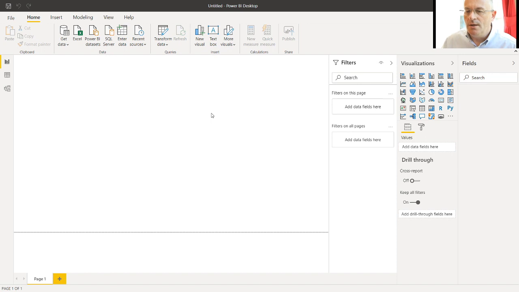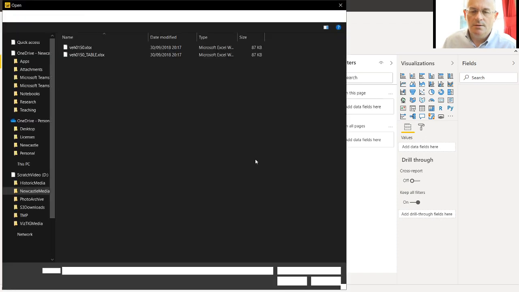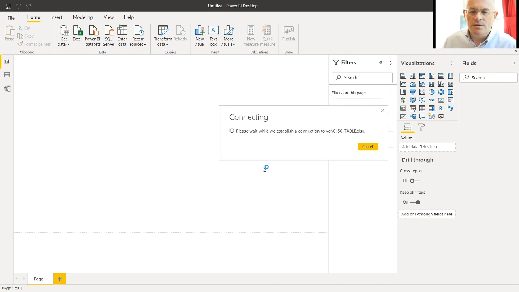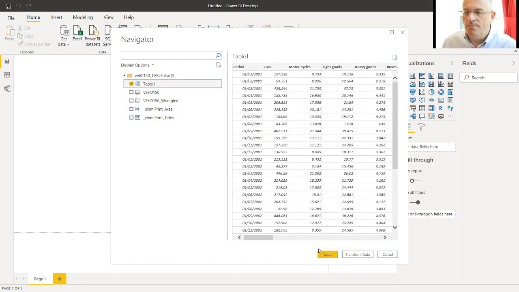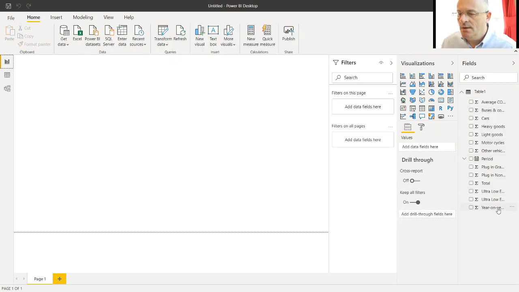So here's Power BI, no data in it at the moment. We'll get the data. We'll look for the Excel file, and we'll go for the table version. The one advantage of this is it will bring in any types that we've set in Excel, whereas the straightforward Excel version won't always do this. We should be able to load up table 1, and you'll see a preview of it. These are now the fields. If you loaded the other spreadsheet, don't worry, as long as you've loaded from the wrangled part of the dataset,